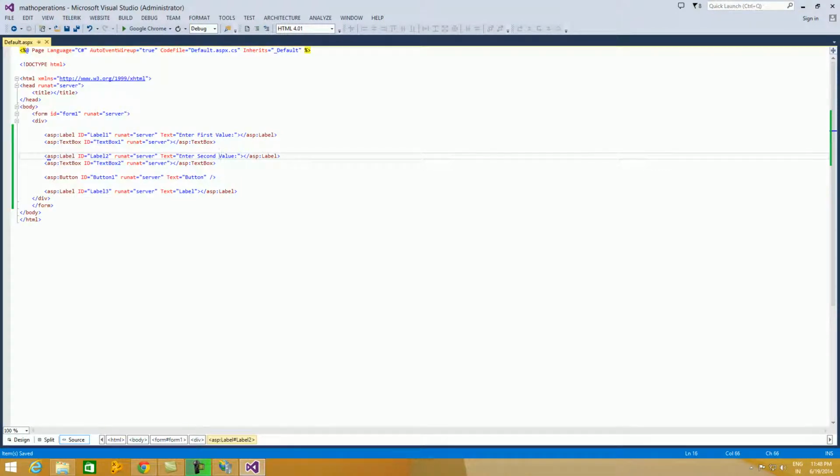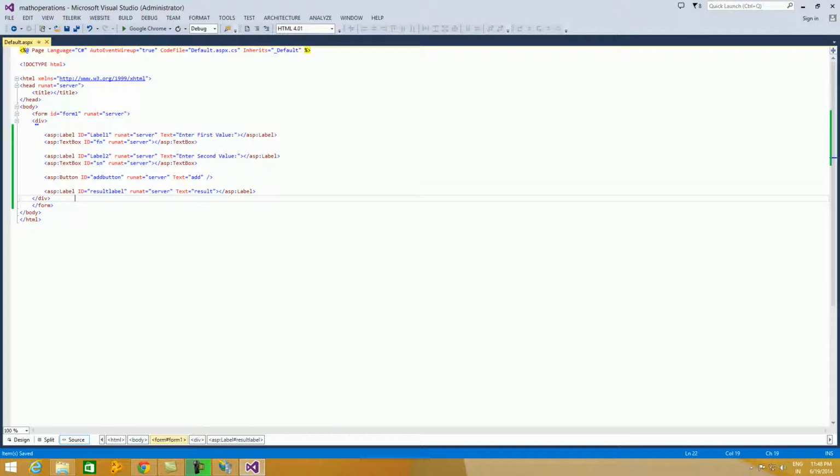Now for the text box ID, I'm giving the ID as first number, and for the second text box ID as second number, and for the button I'll give the ID as add button, and for the button text I'll give it as add, and for the label ID I'll give it as result label, and for the text I'll give it as result.